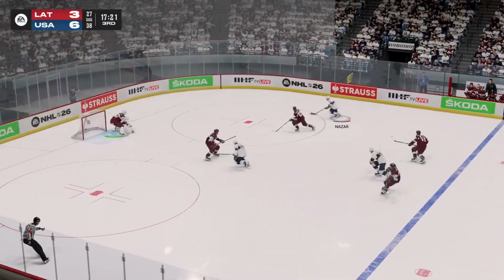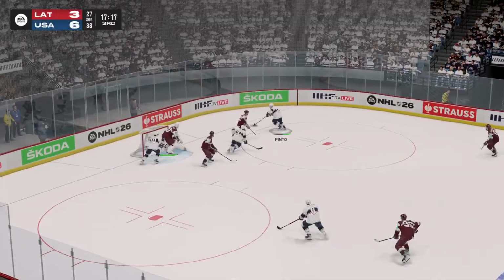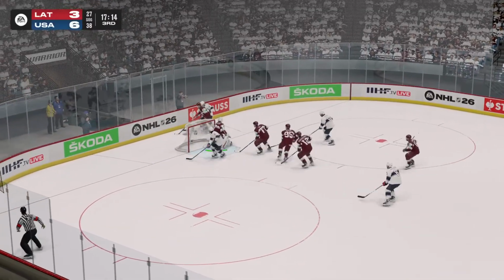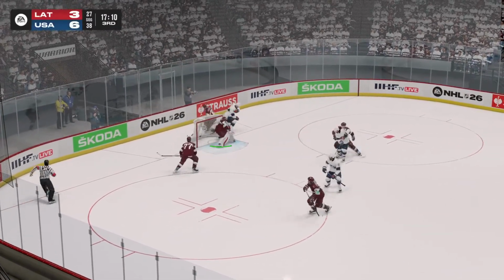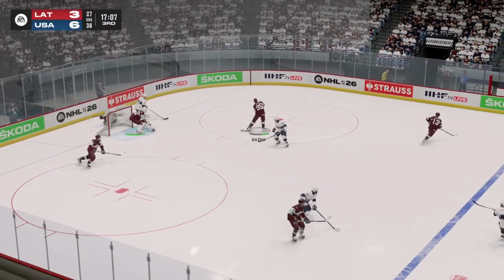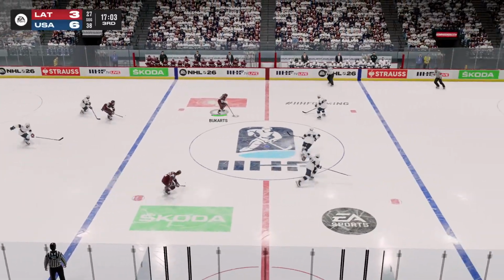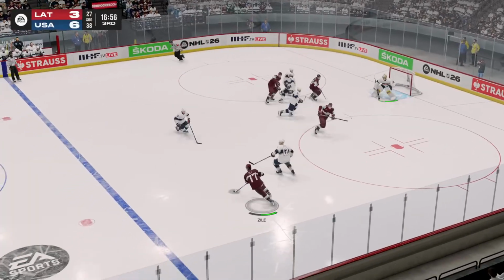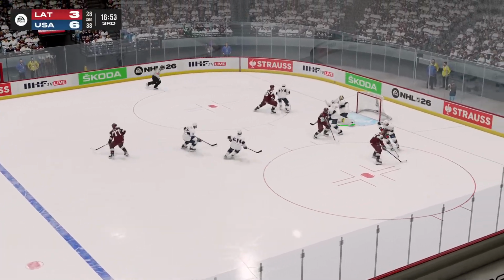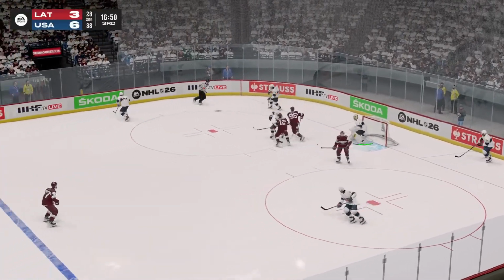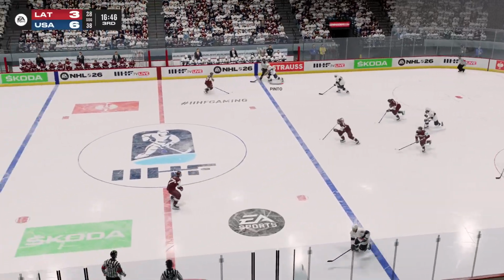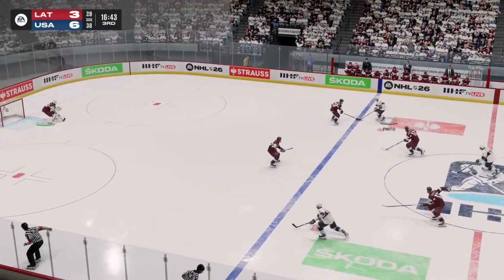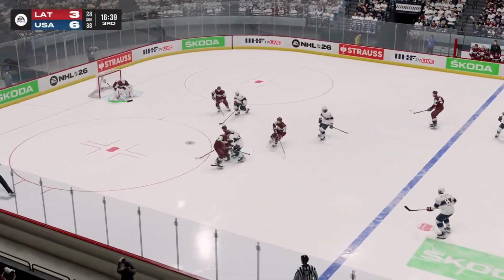He has a goal tonight for the United States. Nazar saves, drops it off for Pinto. Back behind the net, into the trapezoid. Disrupted by Freebergs. And Latvia will get it out of their end. Bukart centering pass. Top of the slot, a bobble. Kept in by Zeal. Lets it fly off the blocker of Swayman. Team USA in control.